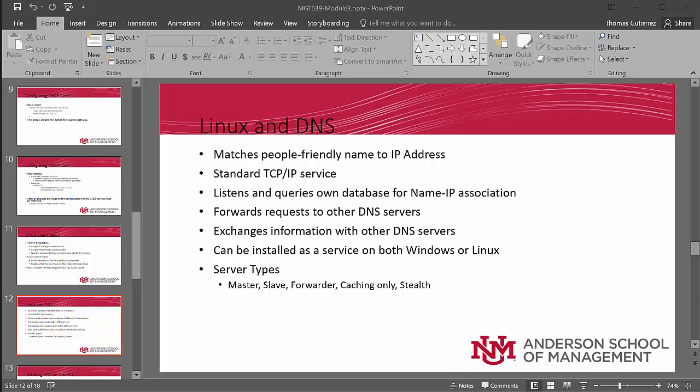Okay class, so now we're going to talk about Linux and DNS. So quick overview on DNS first. DNS is what matches people-friendly names to IP addresses, and in reverse. It's a standard TCP/IP service, and what it does is it listens and queries its own database for these